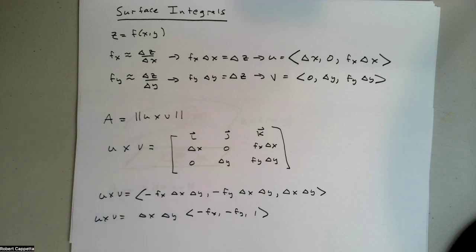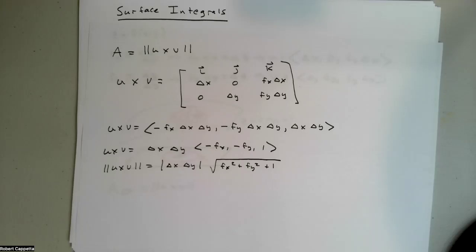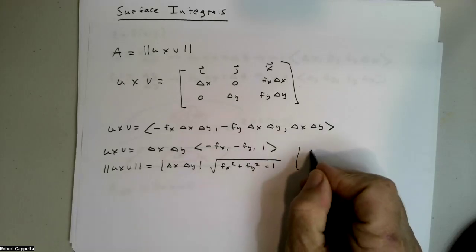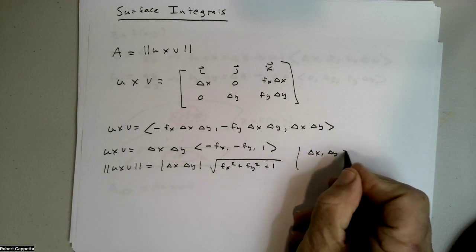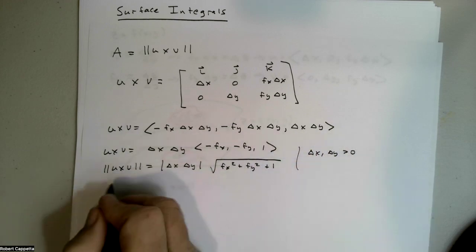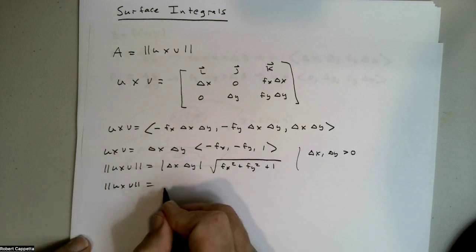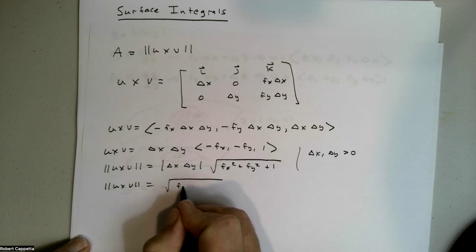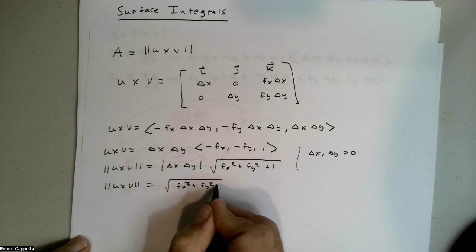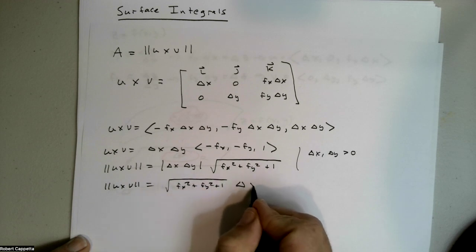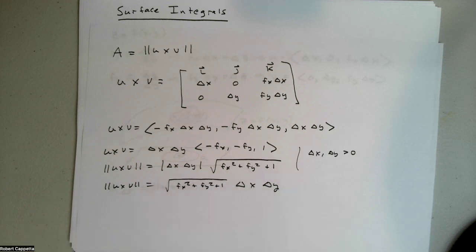So then what is the magnitude of u cross v? Remember, the area of that little parallelogram is the magnitude of u cross v. And this is what we have. For the sake of argument, let's assume that change in x and change in y are positive. If that's the case, I can relax the absolute values and say that the magnitude of u cross v is going to be the square root of f sub x squared plus f sub y squared plus 1 multiplied by change in x, change in y,